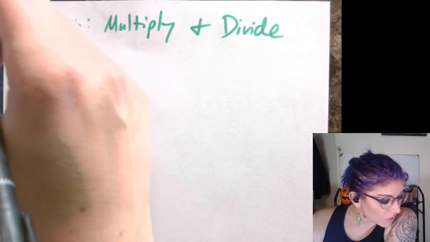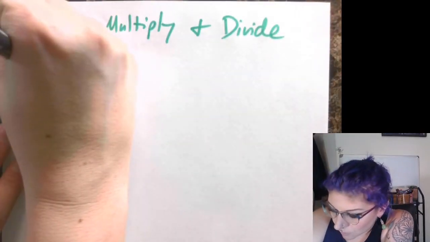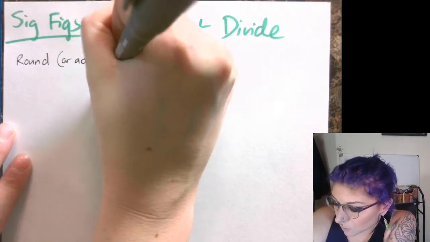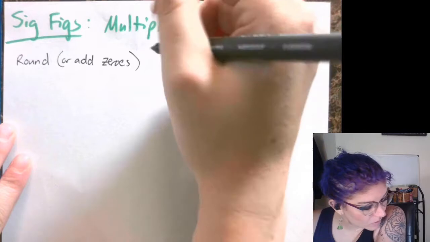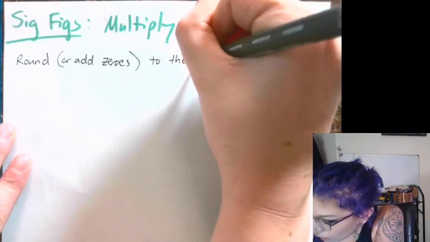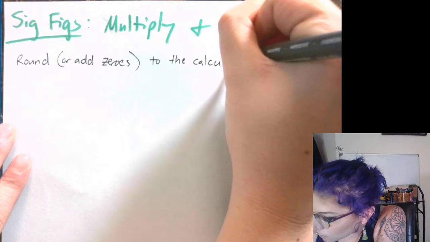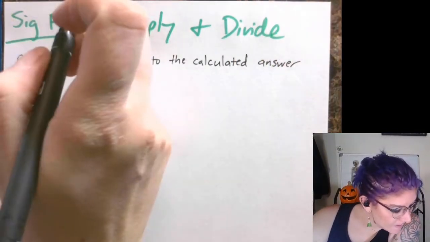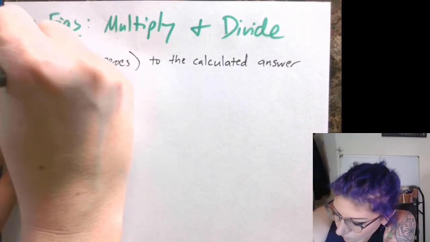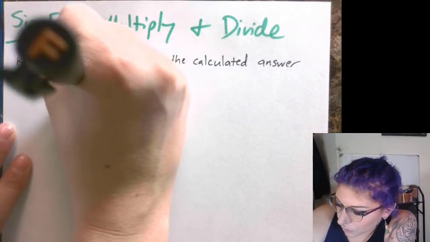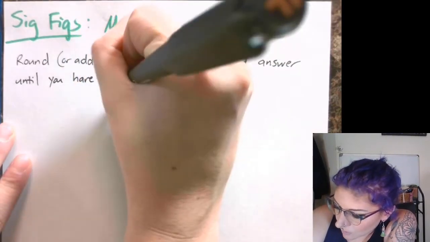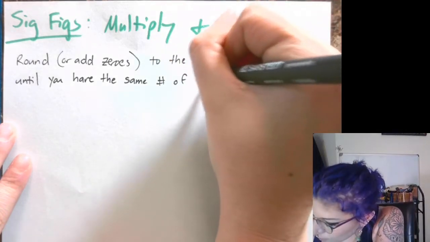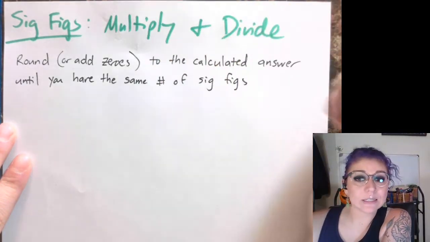So the rule is round or add zeros to the calculated answer until you have the same number of Sig Figs